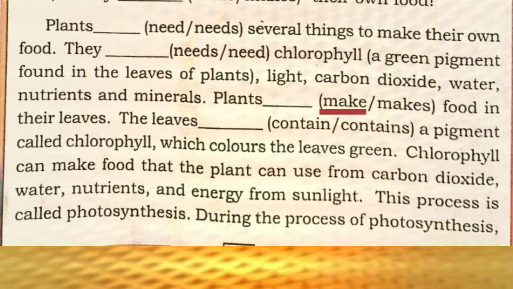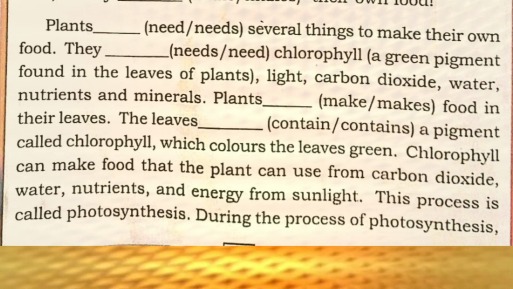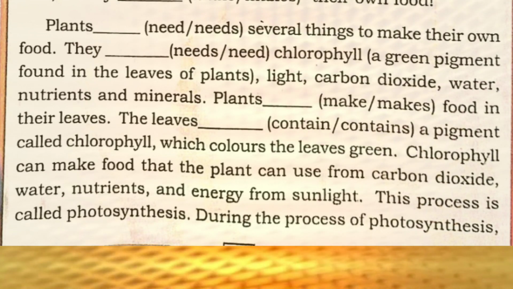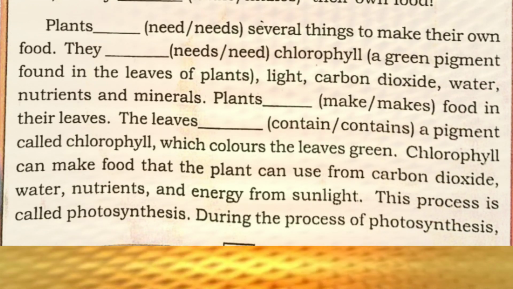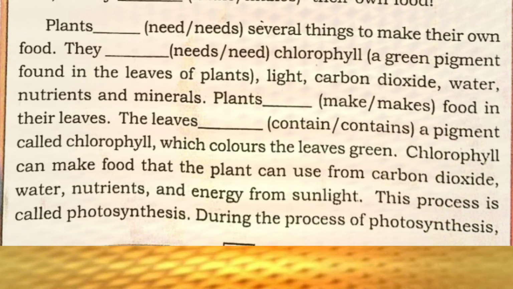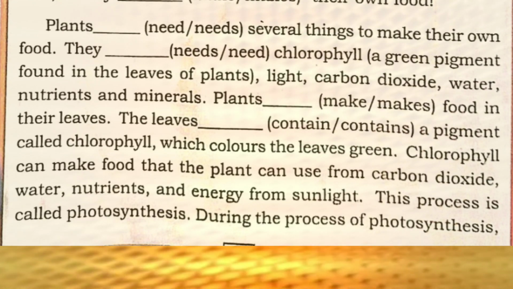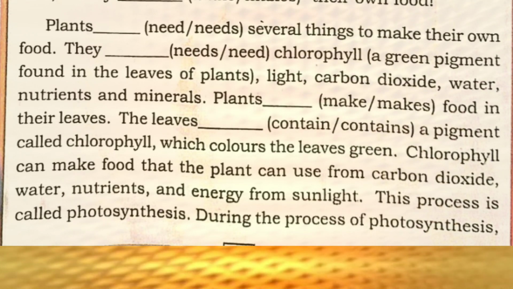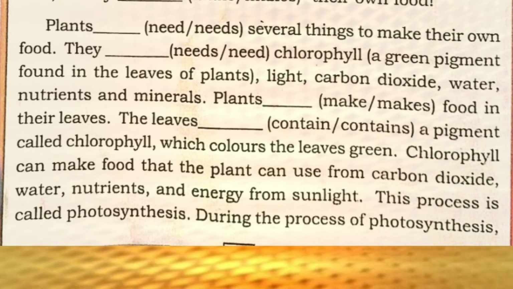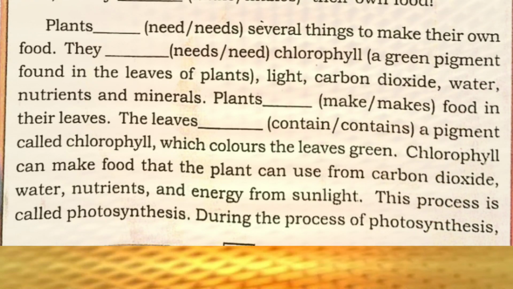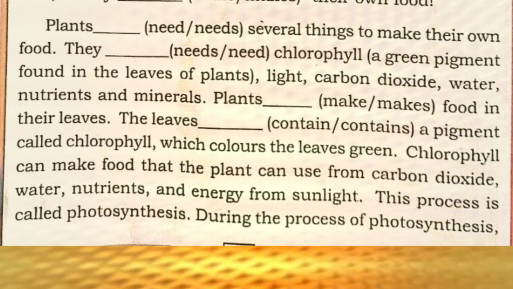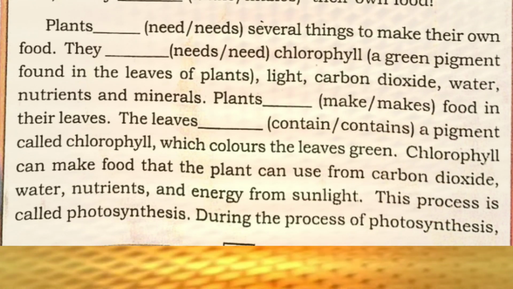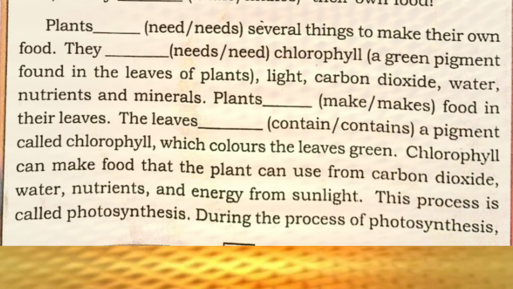Plants make food in their leaves. The leaves contain a pigment called chlorophyll, which colors the leaves green. Chlorophyll can make food that the plant can use from carbon dioxide, water, nutrients, and energy from sunlight. The process is called photosynthesis. During the process of photosynthesis,